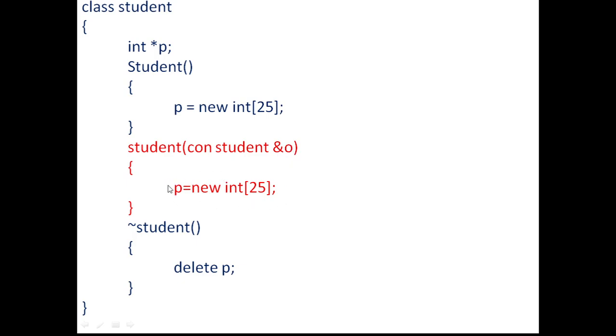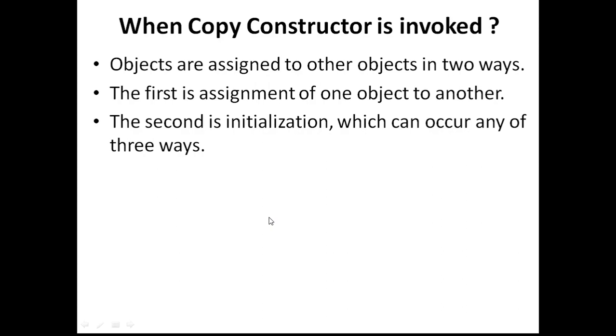So what is done inside this constructor is that P has been assigned a separate memory. So now whenever a new object is declared, it will execute the normal constructor and the memory will be allocated with the help of it. And whenever we assign one object to another, it will invoke the copy constructor and a separate memory will be allocated for P. So when the destructor is called, it will only destroy this particular memory, not the original memory. So the original object is now separated and safe from any modification by the argument object.